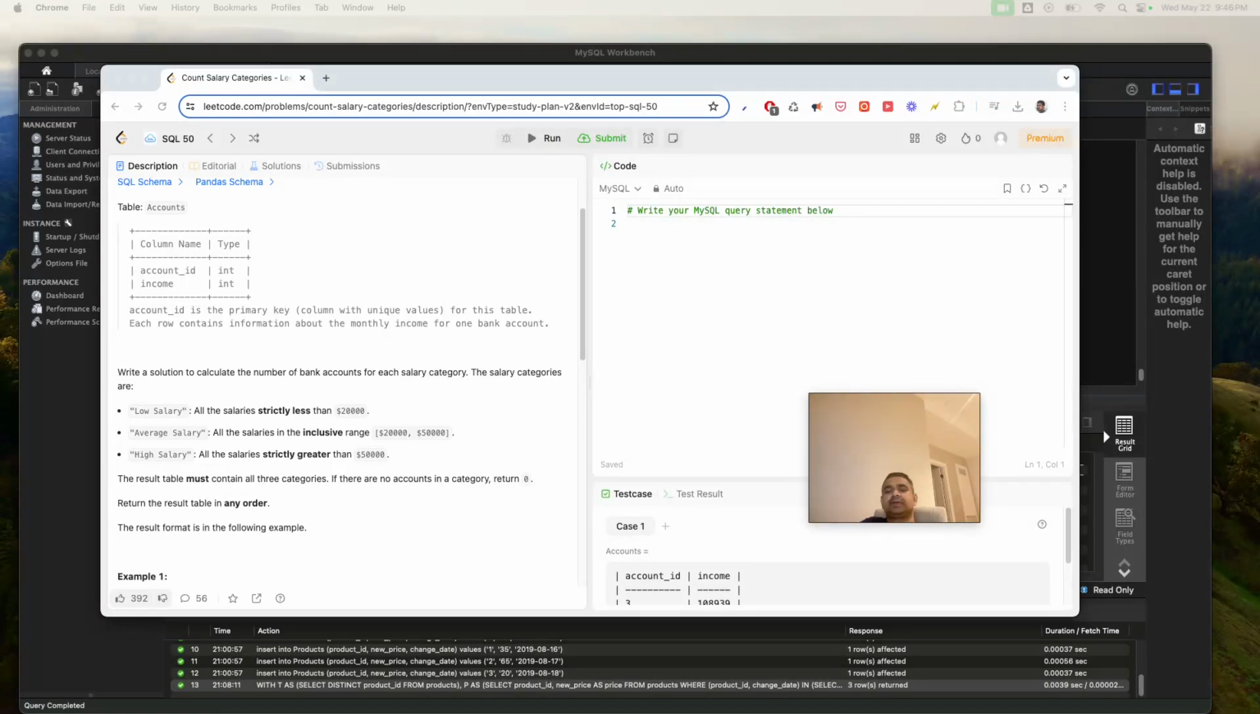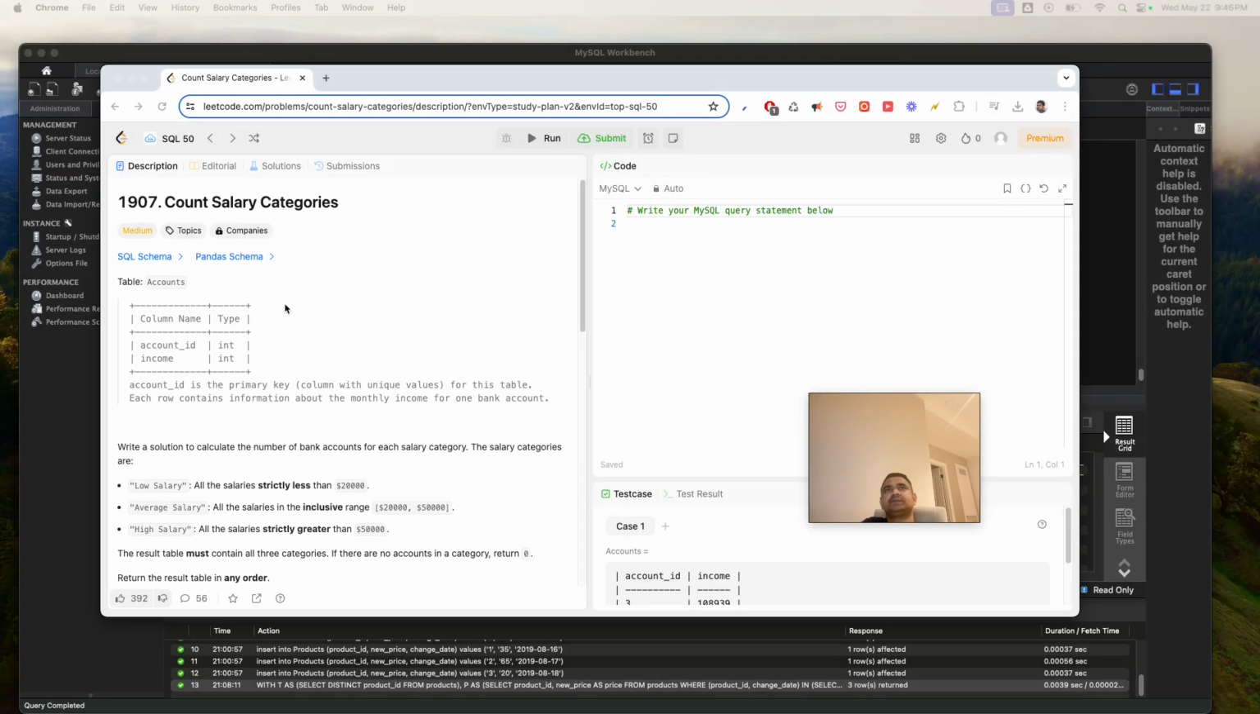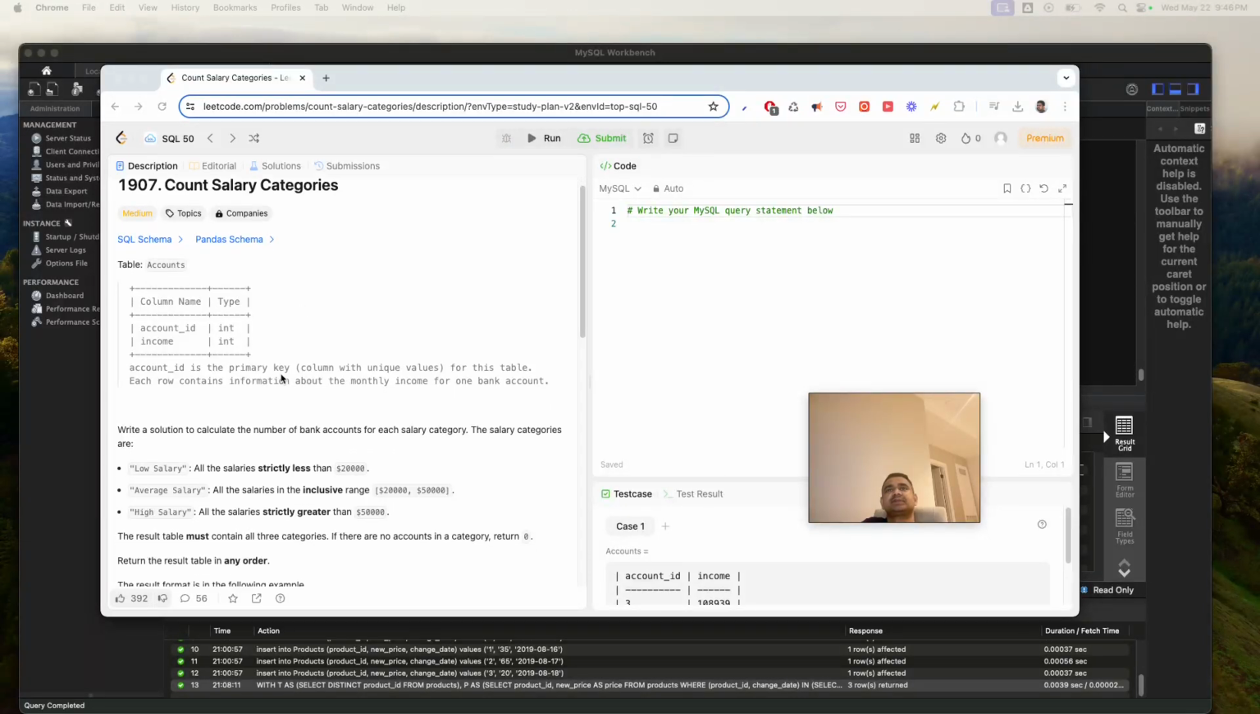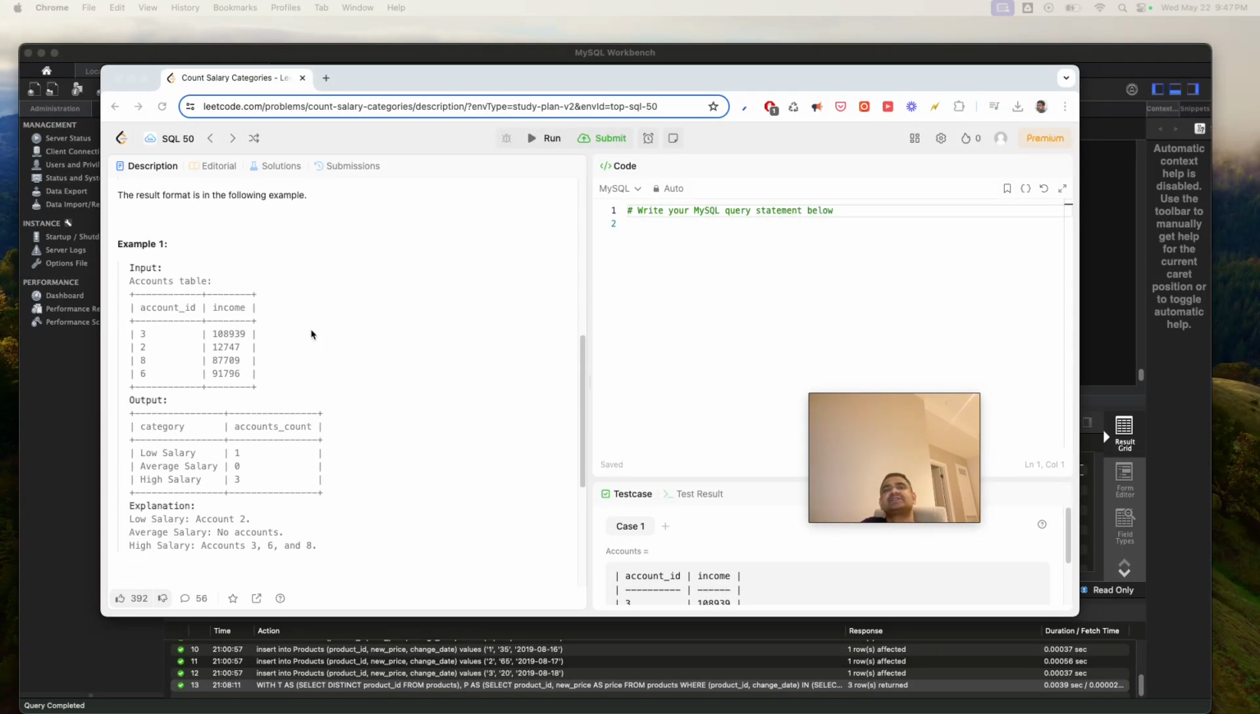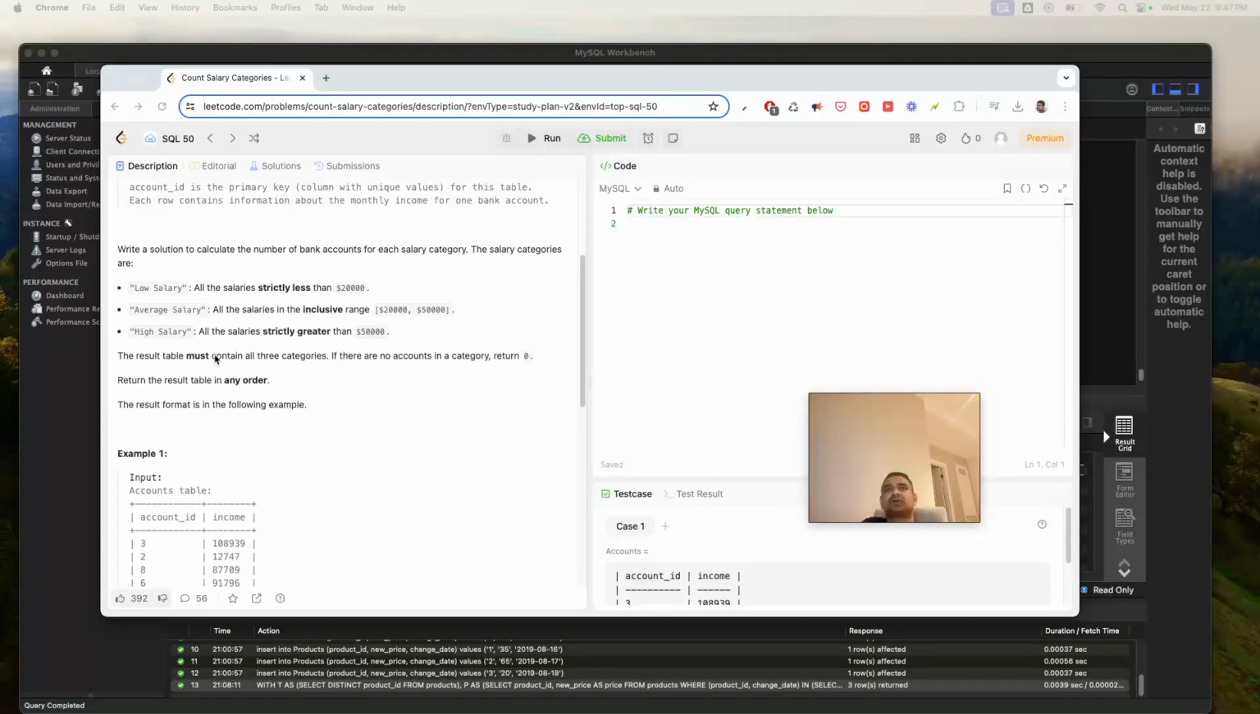Hello everyone, welcome back. In this video, we are going to solve another SQL question, count salary categories. You will have an account ID as the primary key for this table. Each row contains information about the monthly income for one bank account. Write a solution to calculate the number of bank accounts for each salary category. So you need to categorize that salary and count the total